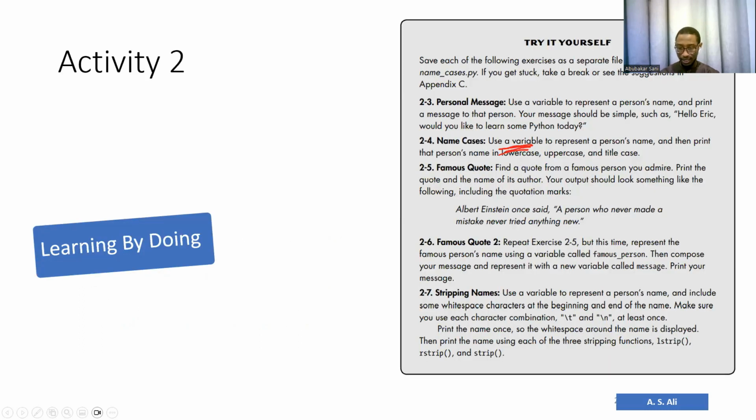So this is an activity which we have here, and we would like to see if we can try this activity. Okay, so I will stop sharing and I will go back to